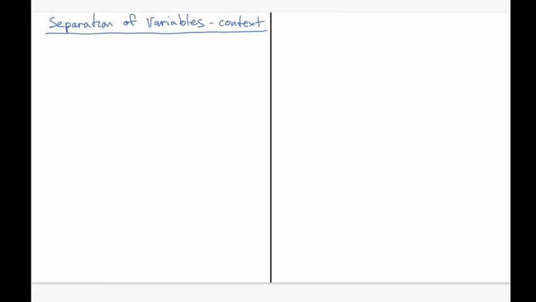Separation of variables is a fairly stock topic covered in a PDE course. I don't particularly like the method as an approach to solving PDEs because it masks a lot of the underlying algebra that is really strongly related to other topics in a typical DE course, like eigenvalues and eigenvectors. So what I'm going to do is present the separation of variables method with a little bit of context up